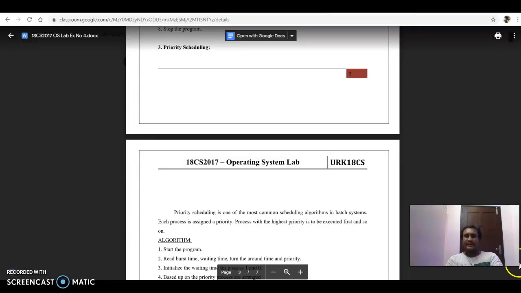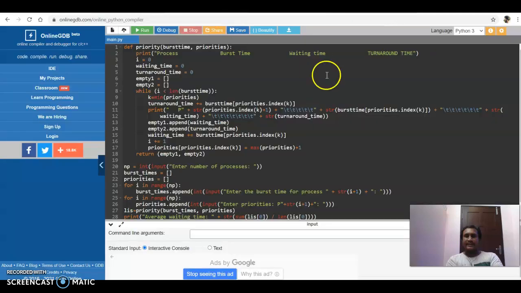And let's see the third one, priority scheduling. Priority scheduling is one of the most common scheduling algorithms in batch systems. Each process is assigned a priority. The process with the highest priority is to be executed first and so on. Let's see the program. Define priority burst time, priorities, print process, burst time and